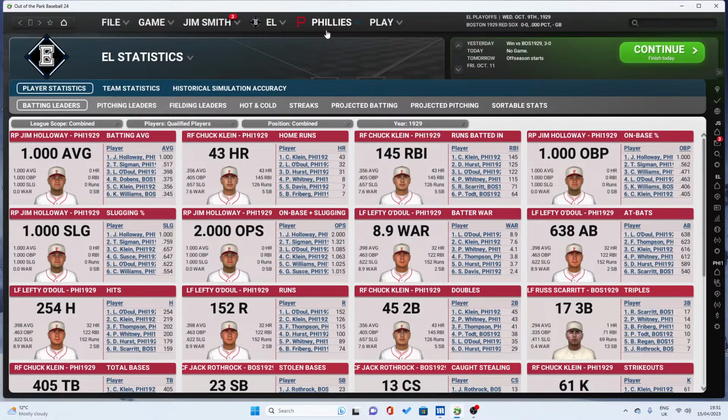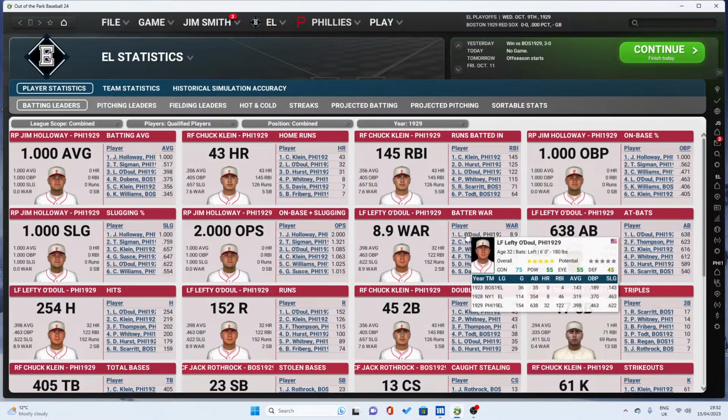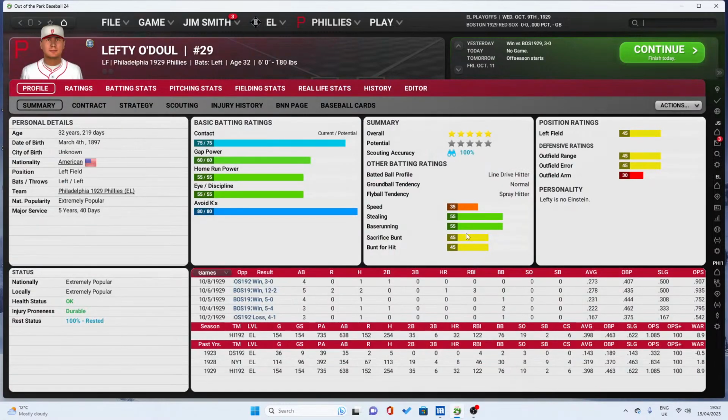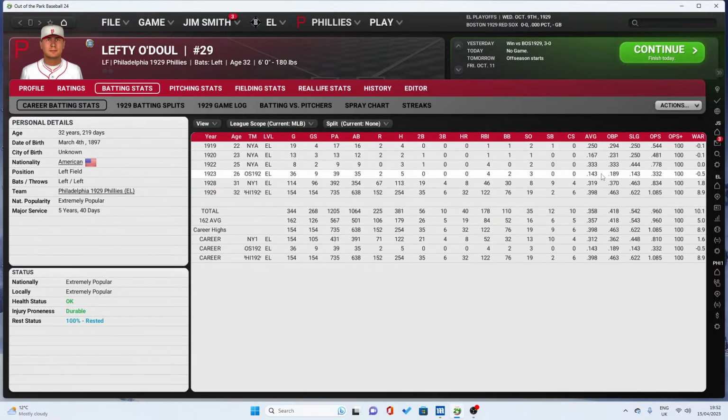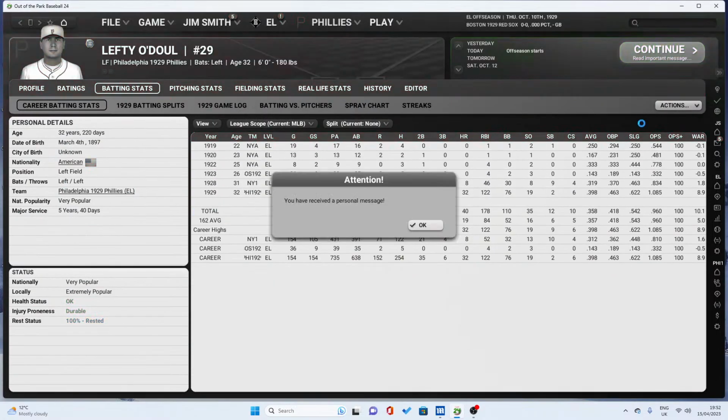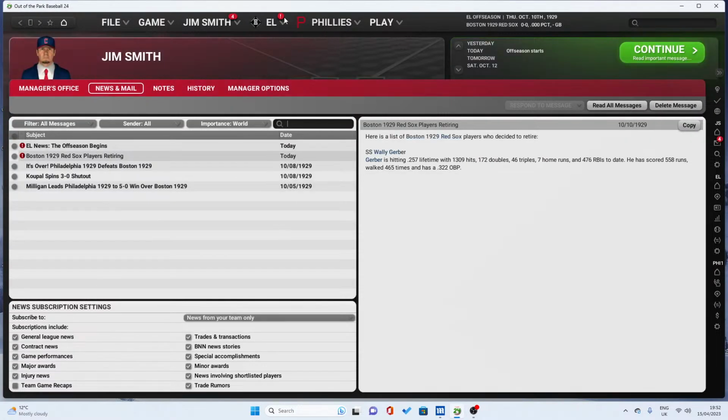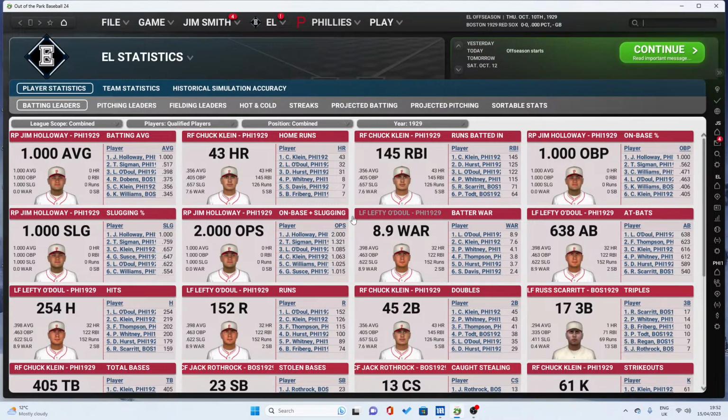Well, the Philadelphia Phillies, you did one good thing, is that you definitely performed. But what I have found, just looking at this now, is in 1929, Lefty O'Doul does have an 8.9 WAR. Just looking at this, yep, that's correct. This is the real stats. If I go back to statistics, and finally,